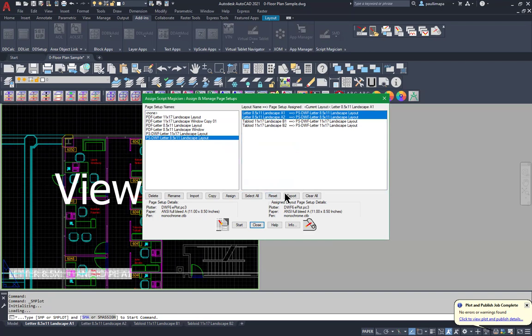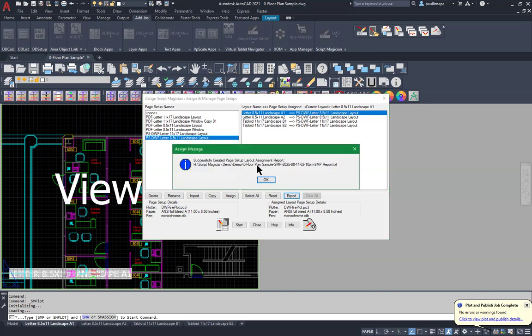And then I'm now going to discuss what happens with these buttons down here. Select all is pretty obvious, clear all is pretty obvious. I could reset everything that I've done, which I'm not going to do because that means everything goes back to the way it was. I could also export. So if I really want to have a text file that shows exactly what page setup names are assigned to these layouts, I could actually export that to a file, and create a text file in the current folder, using the name of the drawing and then the time and date stamp, with an SMP